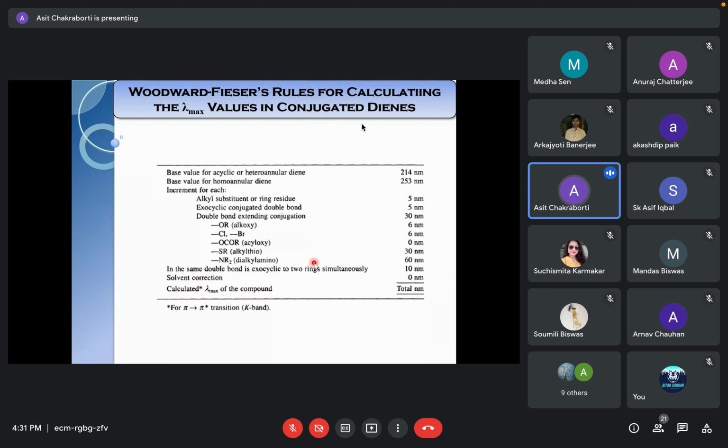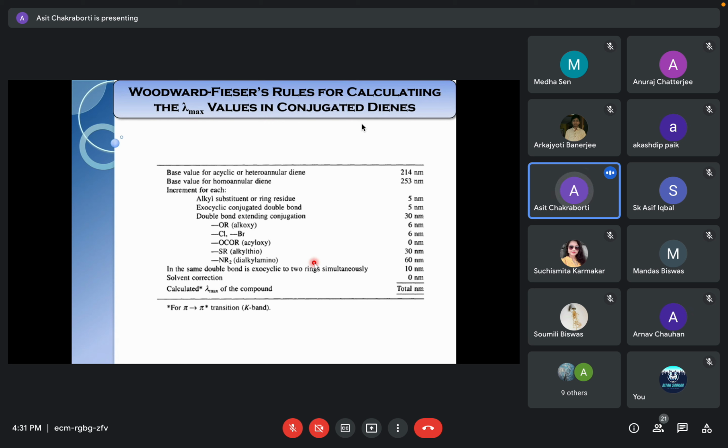At the time, proton NMR was not there. Forget about carbon-13. X-ray crystal structure was not there. So these two gentlemen did a human service to organic chemistry. Had Woodward and Fieser's work not been there, I do not know whether organic chemistry would have become the way we study it. This was an unparalleled service to the understanding of organic chemistry.